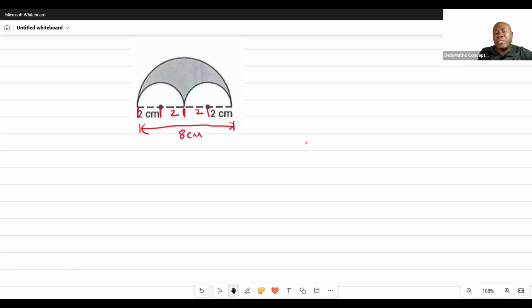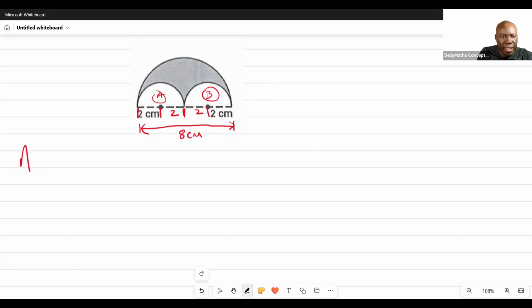So what we're going to do is to find the area of that semicircle, and then we're going to subtract the area of the white piece, which would have been this smaller circle and this other smaller circle. All right, so what is the general idea? It's going to be,